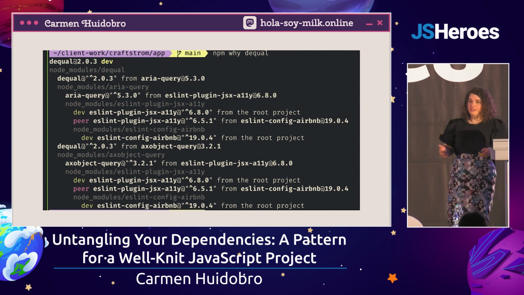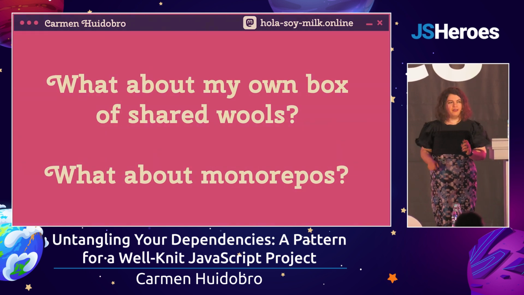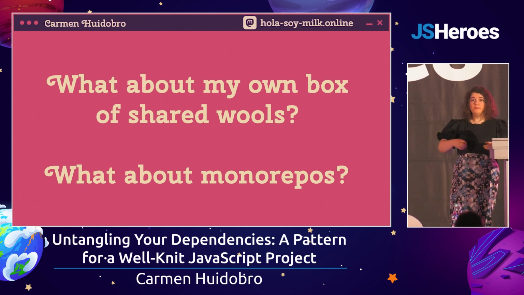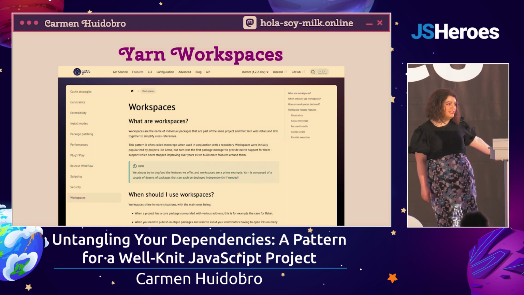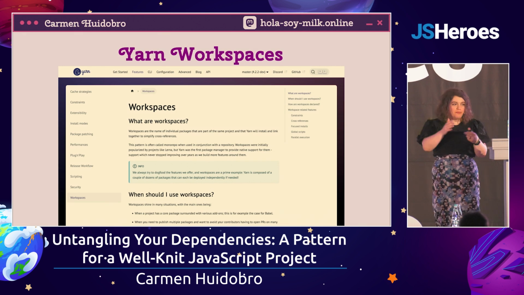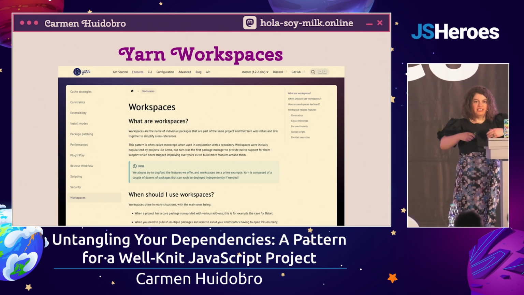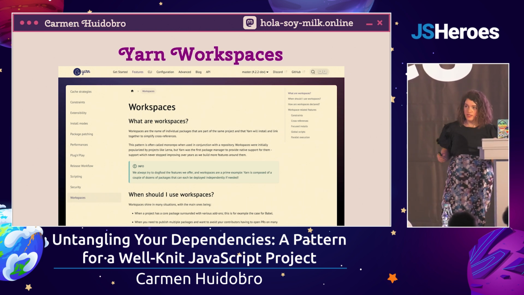But what about when our dependency management becomes a little bit more complex? I've been saying I'm not going to stand here a lot during this presentation. I'm going to try and switch it up a little bit. Look, monorepos have their uses. Maybe some folks don't like them. But in the case that you are using one, have you all heard of Yarn workspaces? It lets you define and separate the specific parts of your code base that have shared dependencies. Say if you have a package and a website in the same repository, you can just define different workspaces for it and share dependencies for them. Or if you have a monorepo with multiple packages in it, bam, just define those shared dependencies.